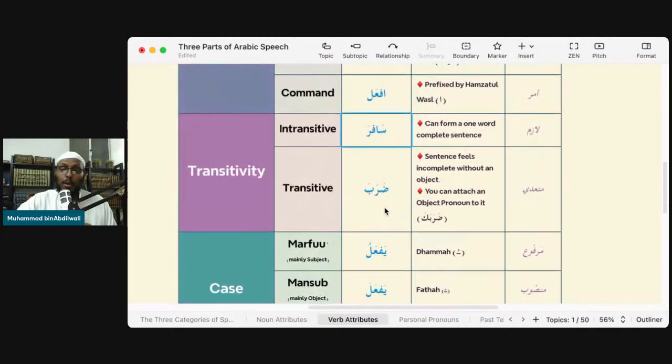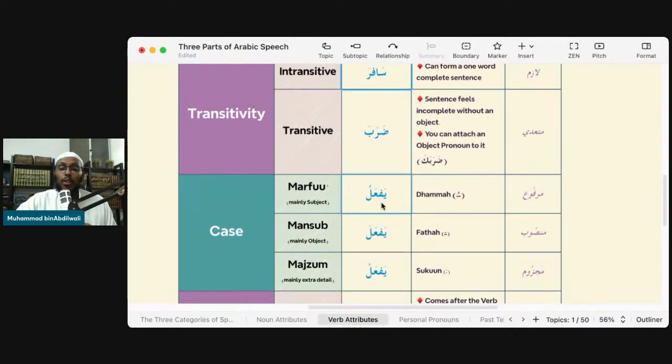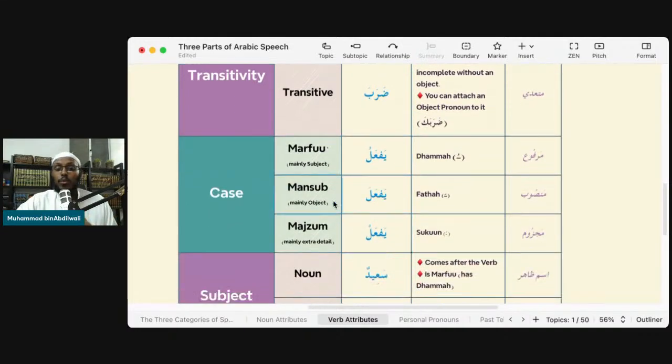Okay, but for now, what you need to remember is that a verb might need an object, maybe it doesn't. Then it has case, which we talked about when we talked about nouns as well. It's just the harakat at the end, and they're there for certain reasons. So you have yaf'alu, yaf'ala, and yaf'al. Yaf'al is majzoom. Majzoom is specific to verbs, while majroor is specific to nouns, which we did last time. They probably sound the same to you, but that's not what we're talking about right now. The sign for majzoom is sukun. Basically, no fatha, no kasra, no dhamma. That's the main sign for majzoom.